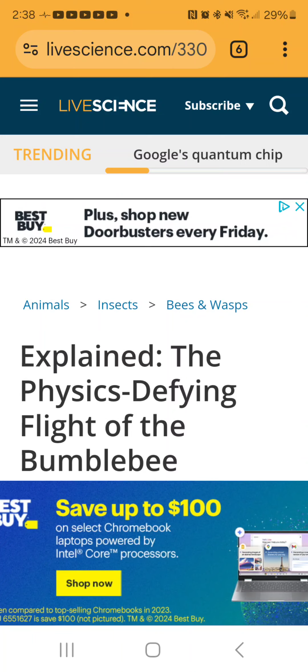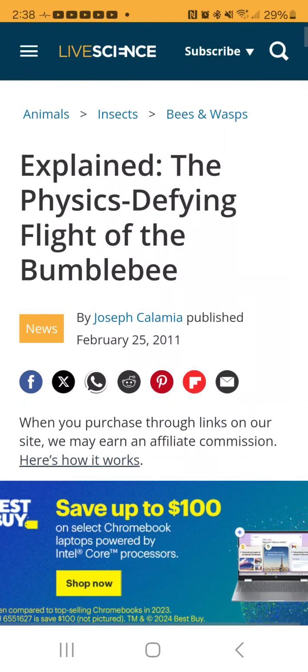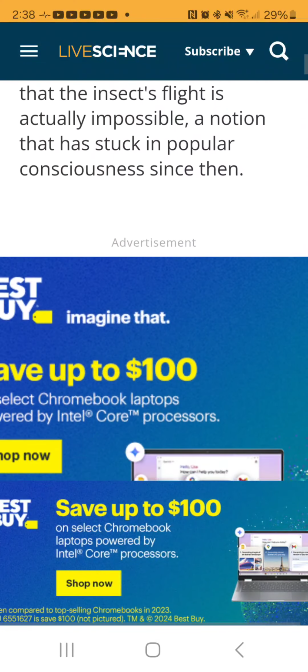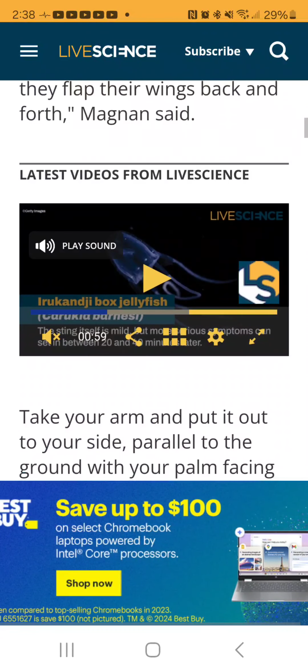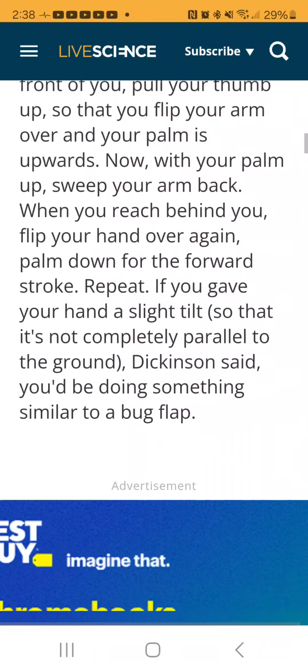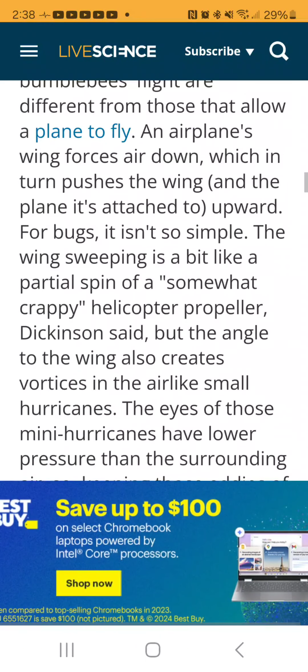If you want to kind of understand how it works on a smaller scale, look into this Live Science document on how bumblebees fly, because bumblebees shouldn't be able to fly the way they're shaped, but the way their wings work, it makes little vortexes like little hurricanes, and it almost forms a little bubble of air that they stay in, that they can move in crazy ways and stay afloat even though their physics shouldn't allow them to fly the way we understand flight. But the vortexes make a little bubble of air that it stays in. And that's how these things work.